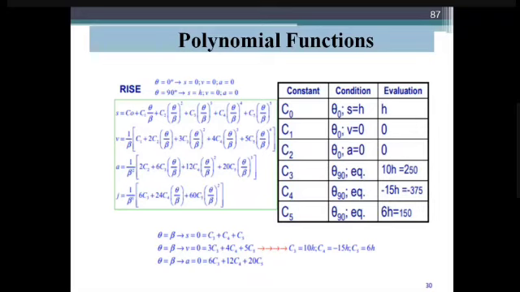Theta is equal to, or beta tends to S is equal to 0, because C3 plus C4 plus C5, all three summed, is equal to 0. So what about the velocity? 0: 3C3 plus 4C4 plus 5C5 is equal to 0. And what about the acceleration? 0: 6C3, 12C4, 20C5 is equal to 0. Okay, how are we going to solve this equation?